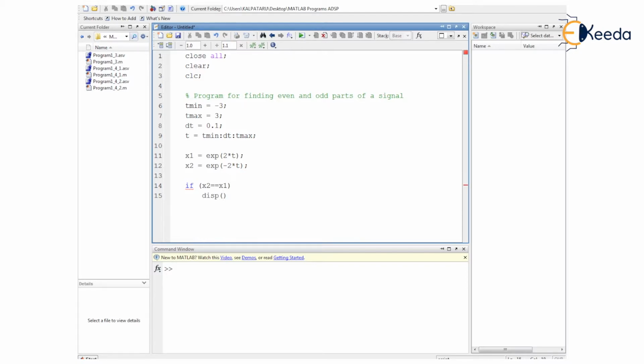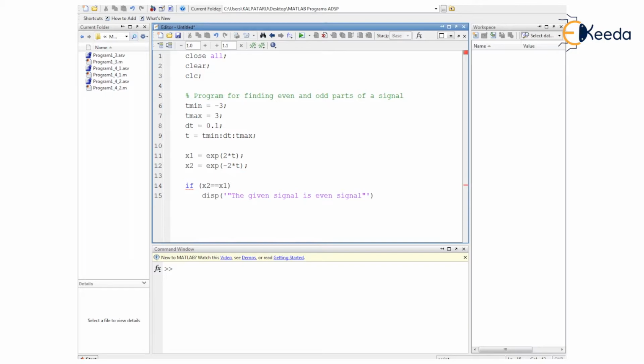For displaying purposes, here we are going to make use of the disp command within the parentheses and a pair of single quotes. Thereupon we are going to print a message. The message will be: the given signal is even signal.